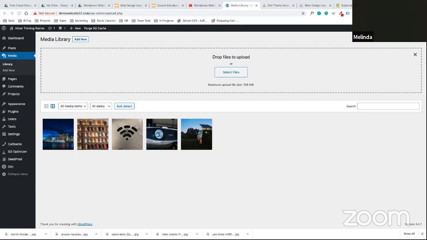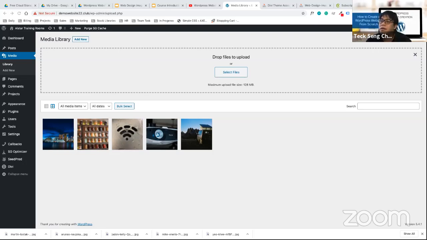So I click media, then media library, add new, right? Correct. Click media first, on the top right hand side. Then media library, add new, correct? Yes, correct. Then where do I go?